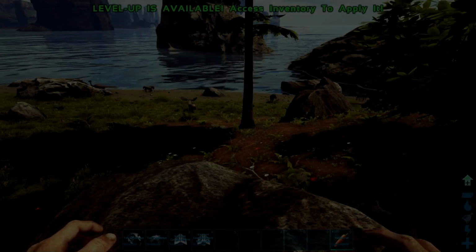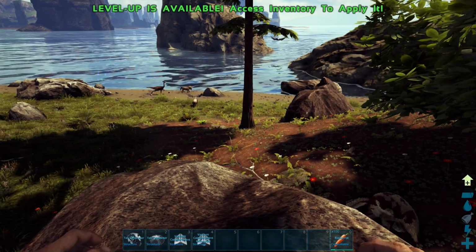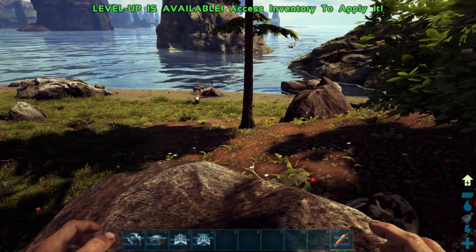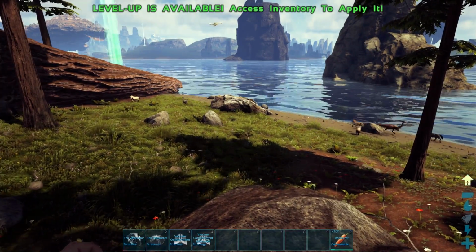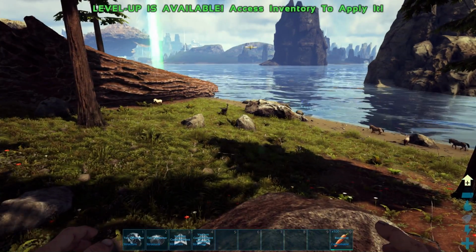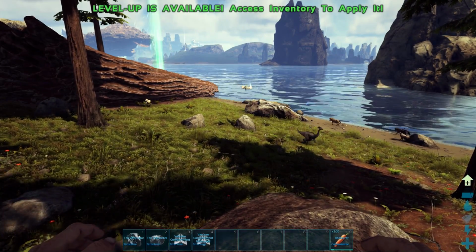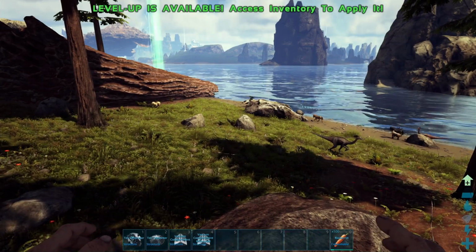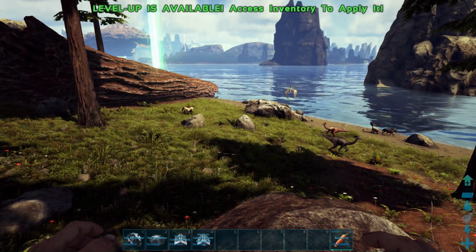Hello everybody, welcome back to another ARK video where today we are going to be checking out our favorite new animal, the Equus, aka the zebra horse thing. We found a nice little herd up ahead. This thing was just added in the update, and it has a pretty unique taming method that we're going to be hopping into. But first, I did kind of want to tell you about it